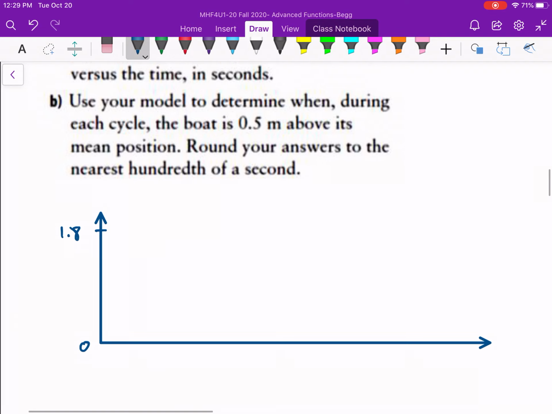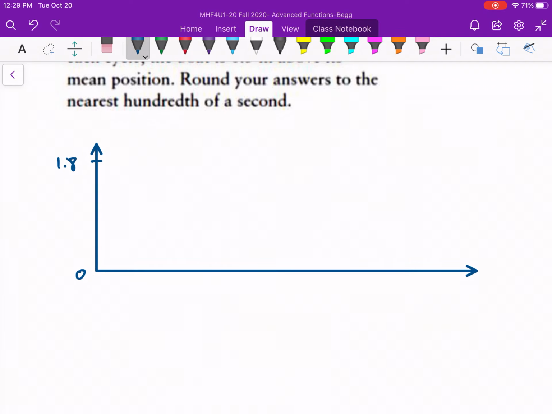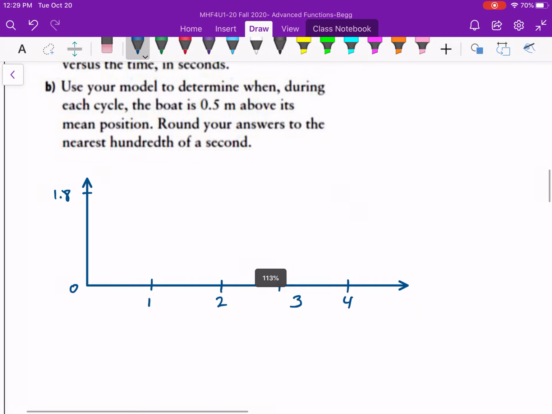And if it's 4 seconds, that's 1 cycle, right? Let's put that here. That means half a cycle is 2 seconds, a quarter is 1 second, 3/4 is 3 seconds. Anyway, so